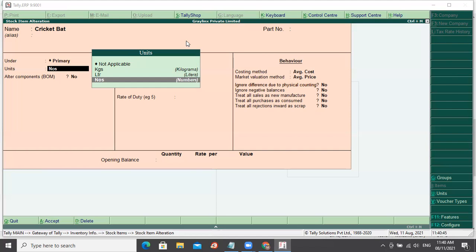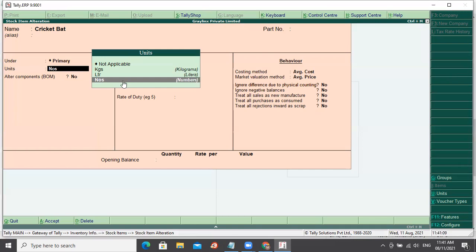Yes, yes. Okay, so when you are creating a stock item, unit of measure is very important, because once you fix the unit of measure, you cannot change that. So be careful and link the right unit of measure to the stock item. The minimum things that you need to do are item name and unit of measure.